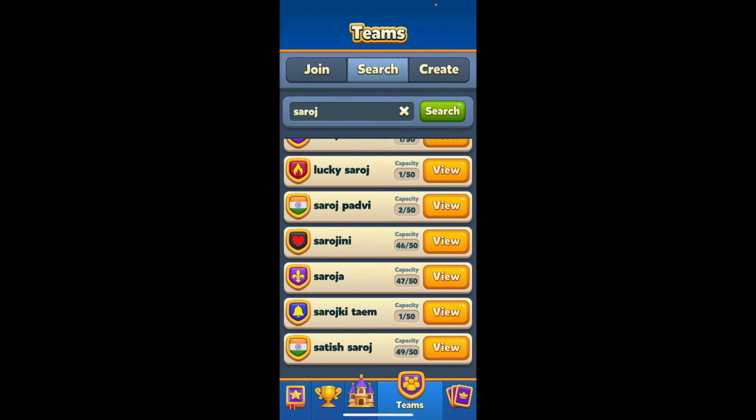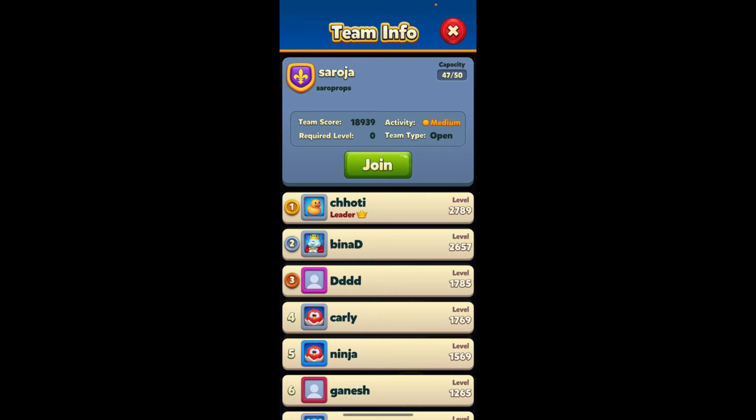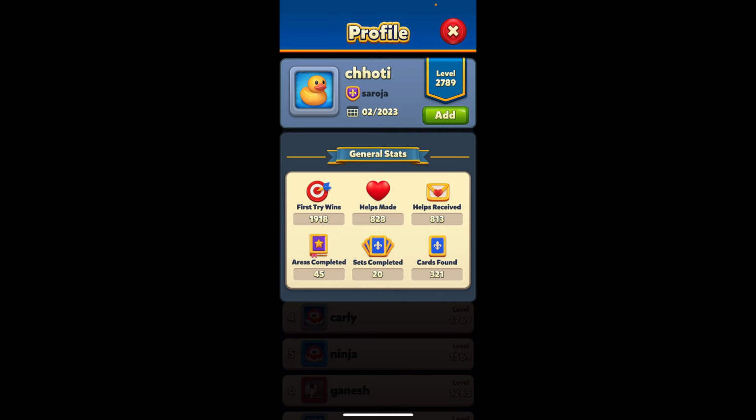Locate the person you would like to add as a friend and tap on their name to view their team info. Once you open up the person's profile, tap on the add button right next to their profile in green